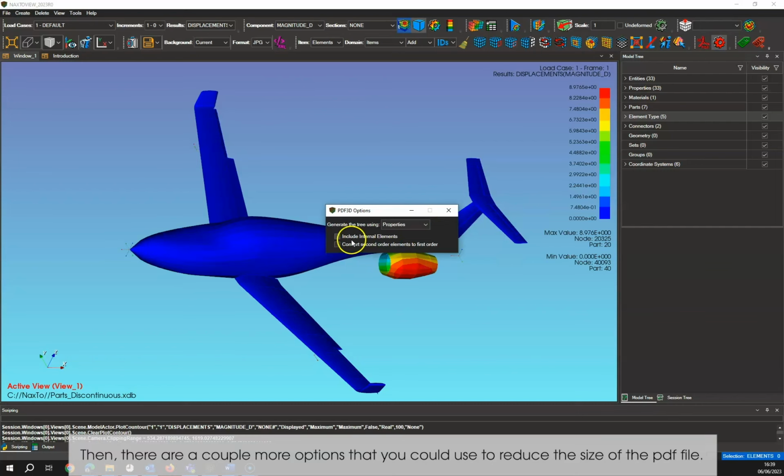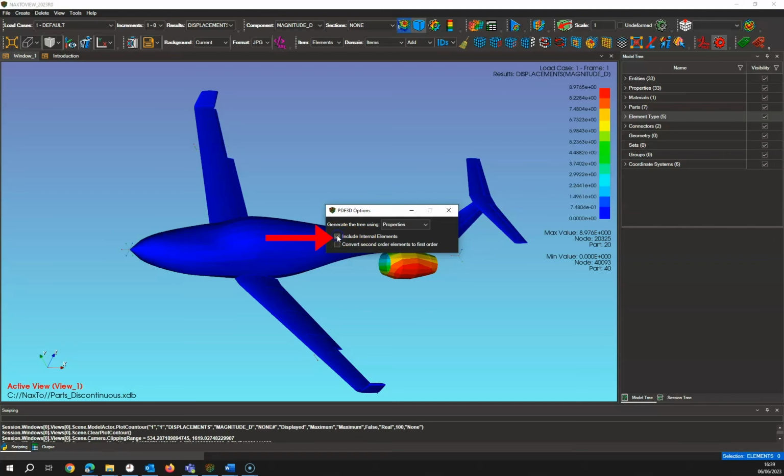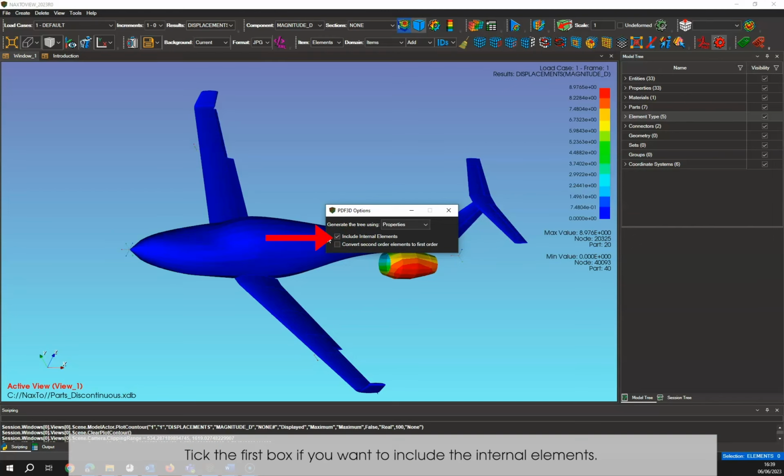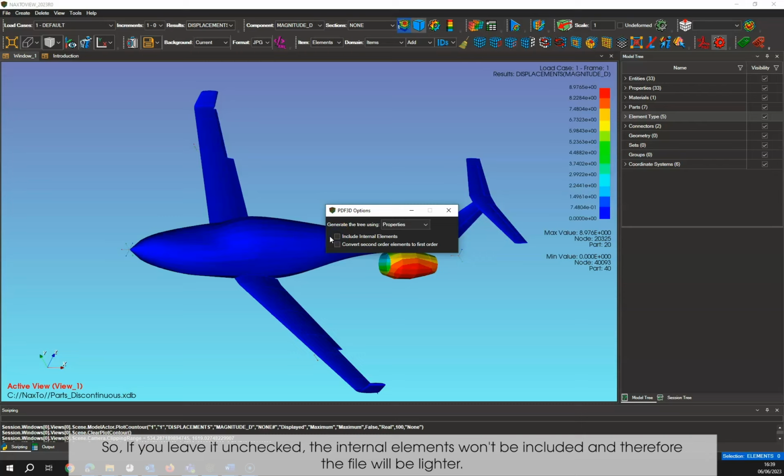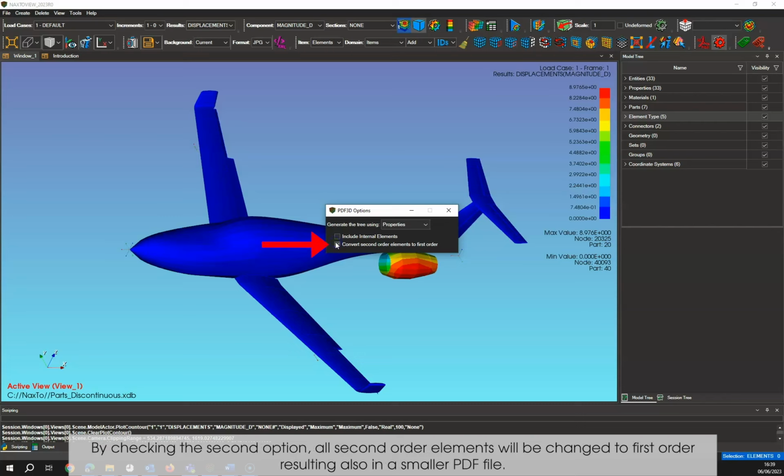Then there are a couple more options that you could use to reduce the size of the PDF file. Tick the first box if you want to include the internal elements, but take into account that the size of the PDF will be much heavier. So if you leave it unchecked, the internal elements won't be included, and therefore the file will be lighter. By checking the second option, all second order elements will be changed to first order, resulting also in a smaller